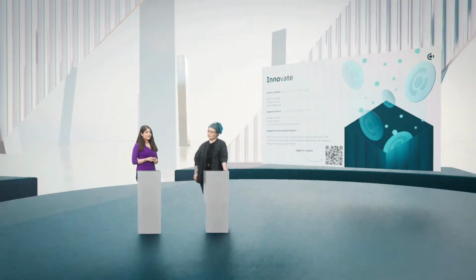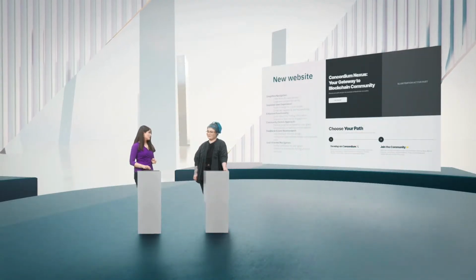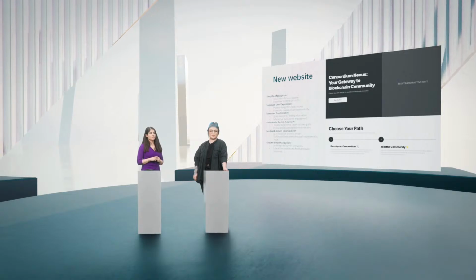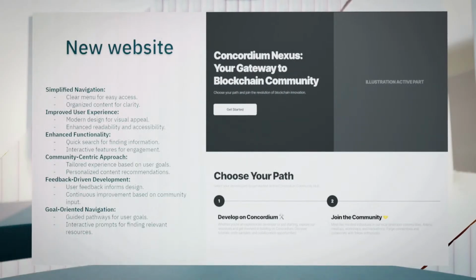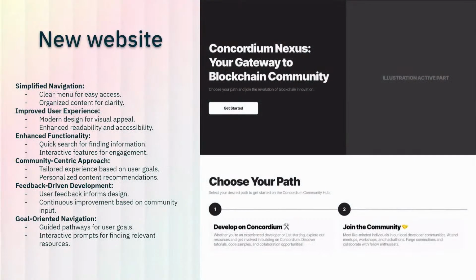So talking about the website, I am very excited to share that we are also working on a new website for the development community. So the idea really is that there is a one-stop shop where you can go in and you can really understand where to go and what information to get and also all the steps. We've mentioned a lot of things here today. One about connecting to get to know us, and then taking that a step further, you have the Guild Leads events where you can meet us in real life. And then if that's interesting, you can join the ambassador program. And then I also spoke about the